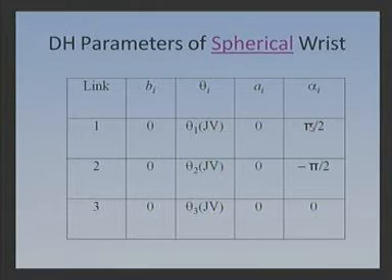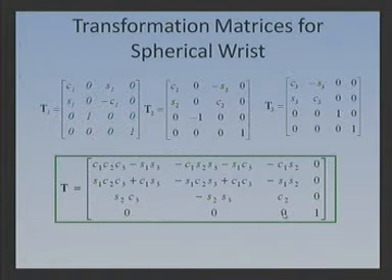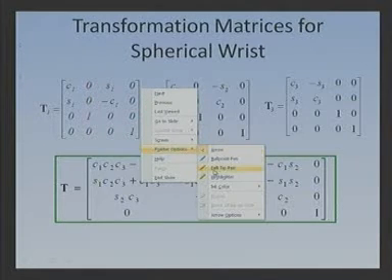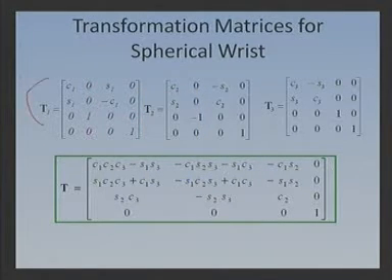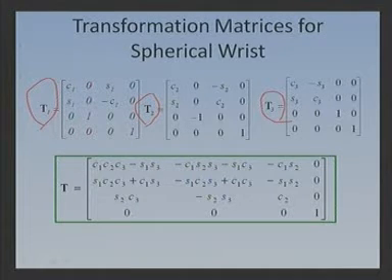So, that is the thing we see here: 0, theta 1, 0, pi by 2. If you do similarly for the other two, 0, theta 2, 0, minus pi by 2, 0, theta 3, 0, 0. Okay. So, it will be done, and now if you put that expression of homogeneous transformation T in terms of thetas and alphas, you will be able to get the expressions for the homogeneous transformations as this T 1 and T 2 and then T 3, and if you multiply them you get the T, you will get this T as a